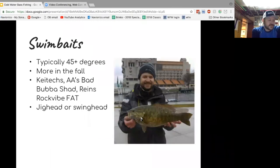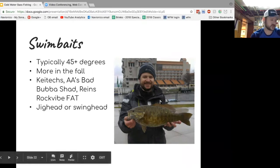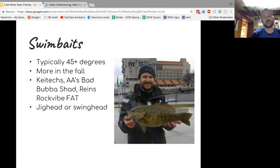All right, so swim baits, that's another thing that I love doing in the fall, especially, and typically for me, where it starts and ends is that 45-degree mark, and maybe it's just mental, but that seems to be the best, 45 plus or down to 45. And also for me, it's a lot more in the fall. This picture was from a tournament on Lake Coeur d'Alene that was right before Thanksgiving, and it was all swim baits. So, when I'm talking swim baits, I'm talking jig head swim baits, and some of my favorites are Kitex,